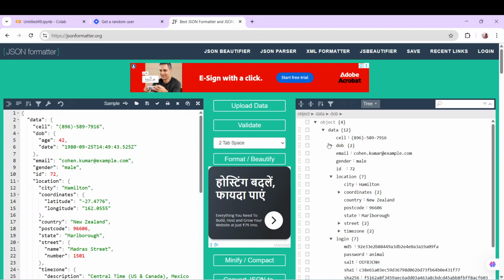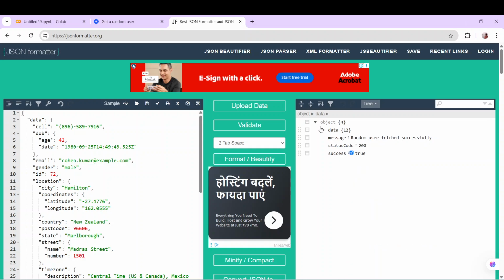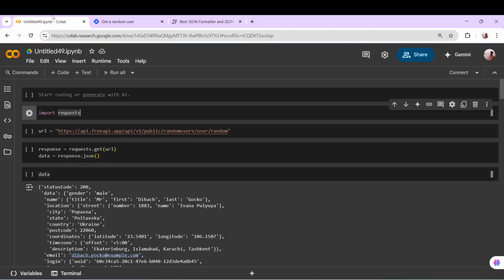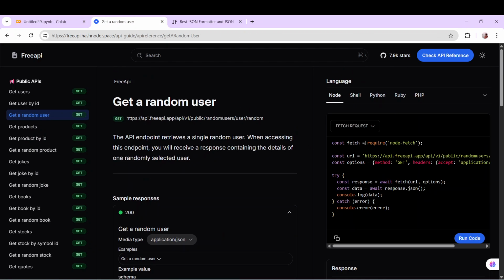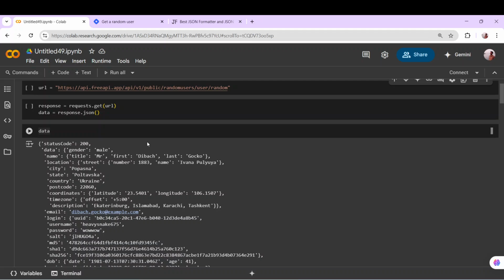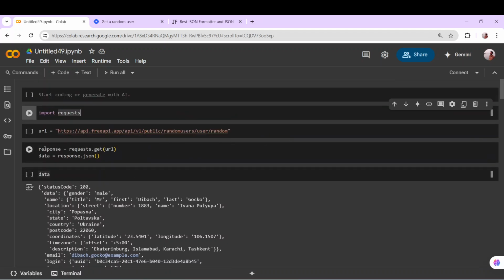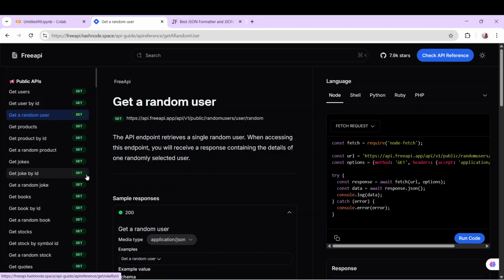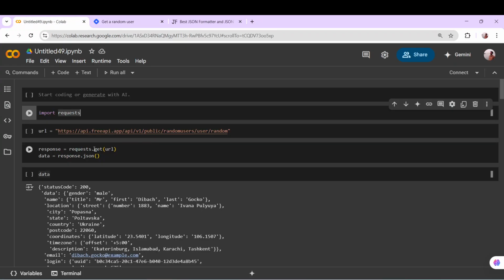You'll see this is how you have to read the JSON file. So for that you have to just go and copy this URL over here. You can copy from here, or you can also copy from here. Copy and paste this URL over here. You have to import the requests module, and after importing it you have to write response = requests.get. All the get methods you have to fetch using get. So you have to use the get method, and you have to pass the URL. When you pass this, you will just get